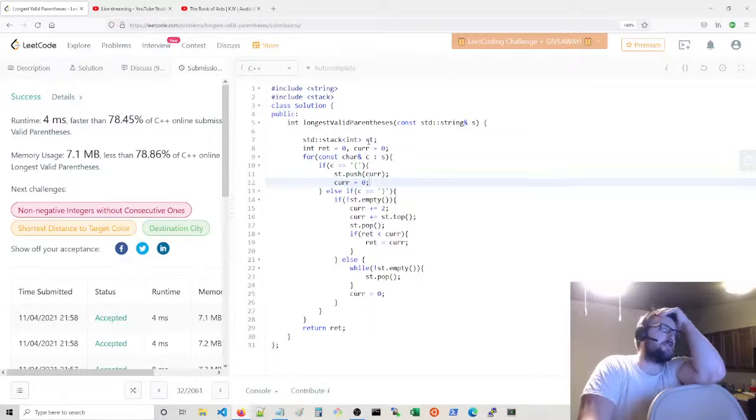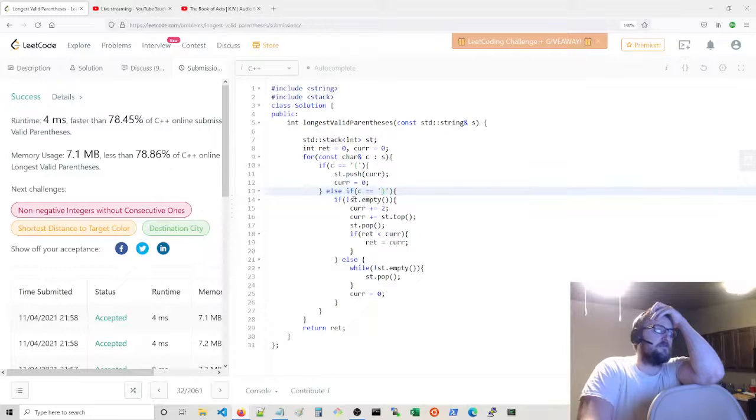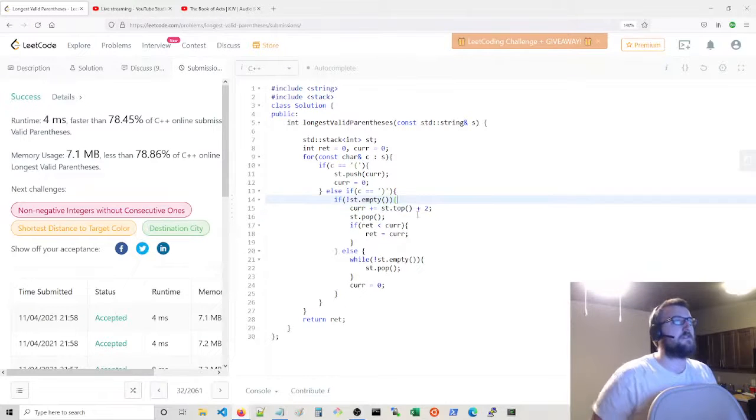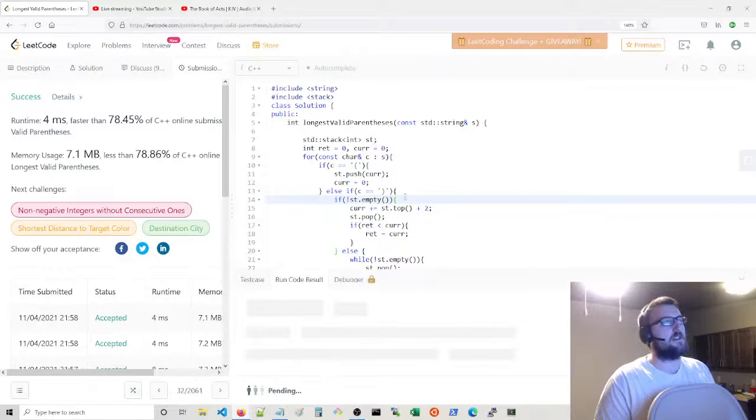Pretty simple approach though. You just push onto the stack whatever the previous current value was and update that to 0 when you see an opening parenthesis, and then when you see a closing parenthesis, if there's something on the stack, you pop it. And I mean, you don't really need two statements here, I think. Pop what's on top, and then